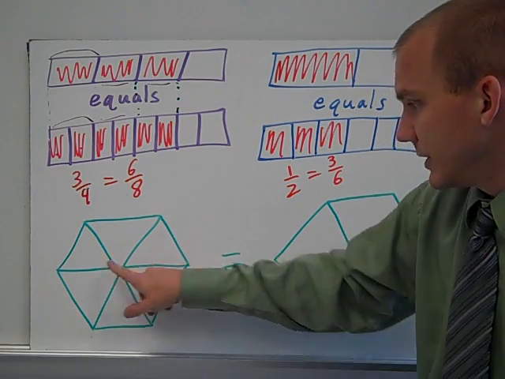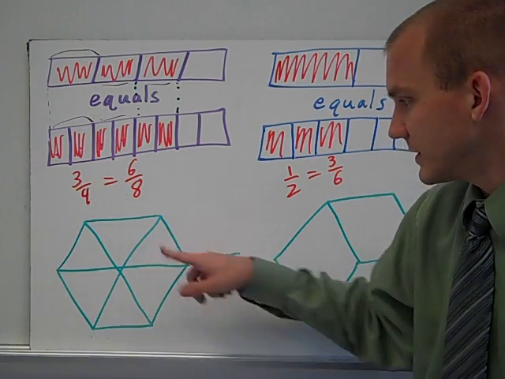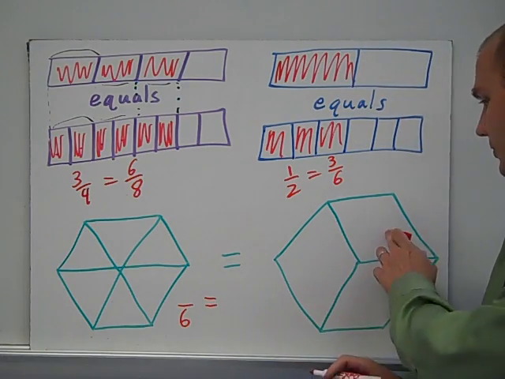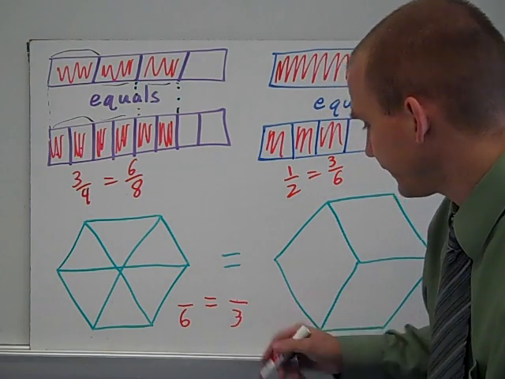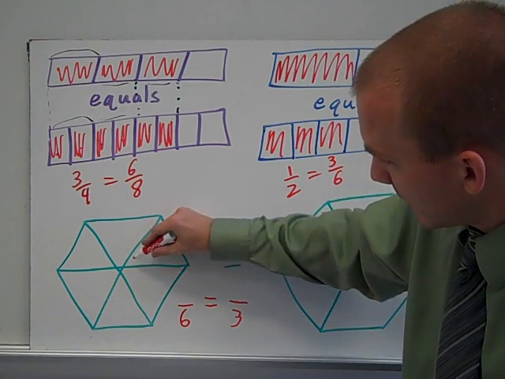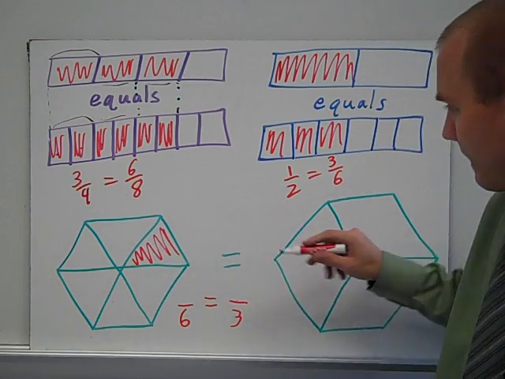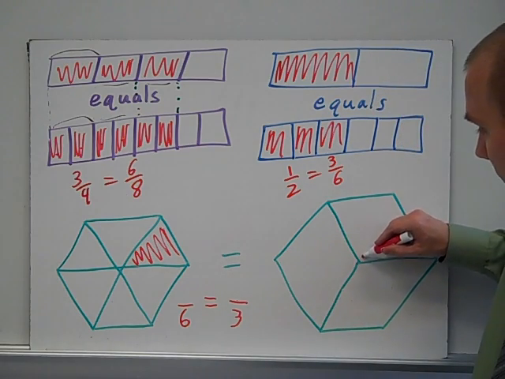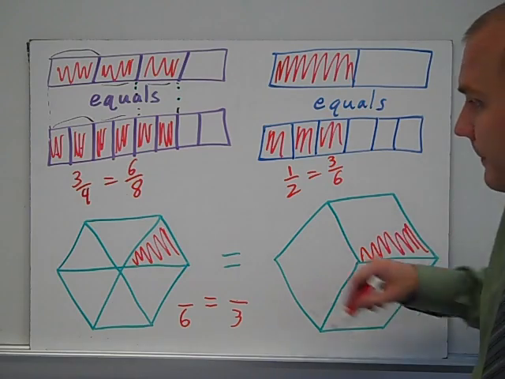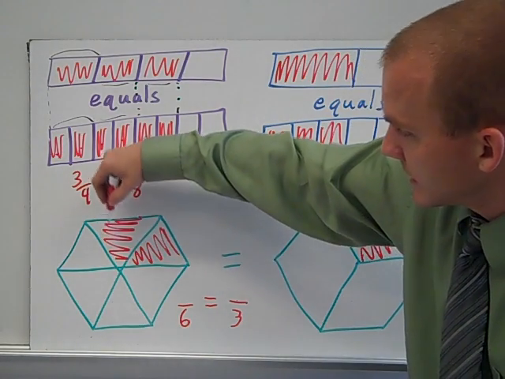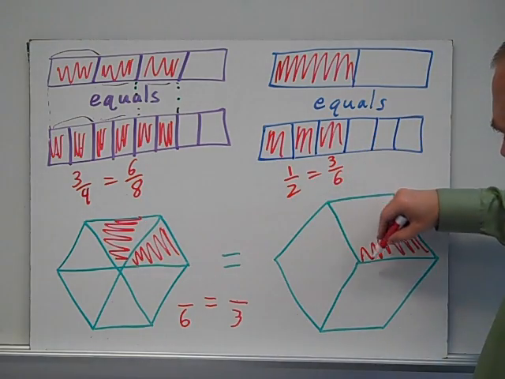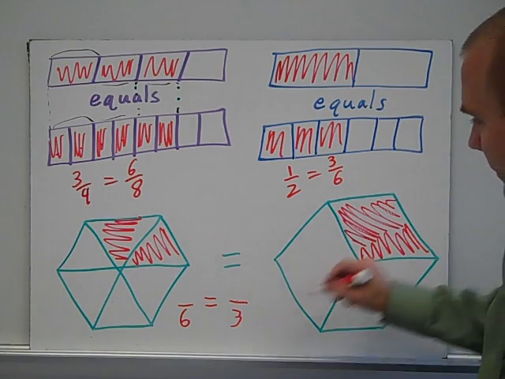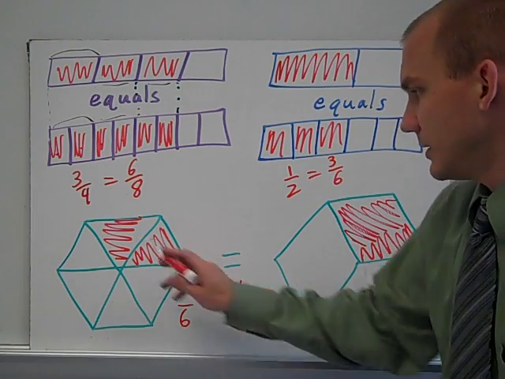Down here, we're going to start here with this hexagon. 1, 2, 3, 4, 5, 6 again. And we have 1, 2, 3. We have thirds. What I'm going to do here is start out here and shade in one of them and note that there's nothing the same size I can shade in over here. If I just shaded in that same little part, I'd kind of be like that. But if I shade in 2 of these, now I have that same little part here. And you have a whole third. So 1/3 over here is going to be the same as